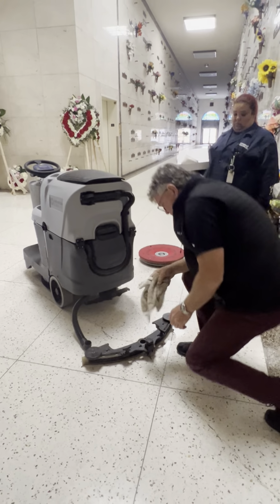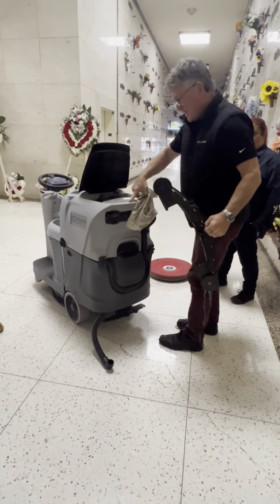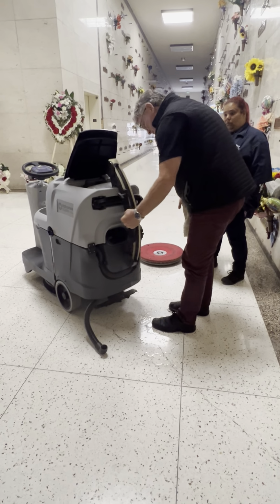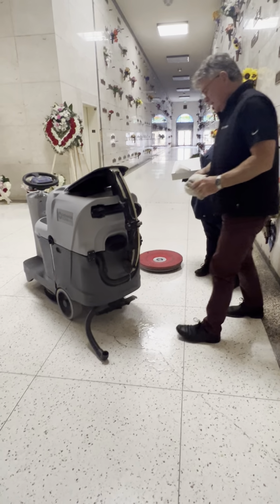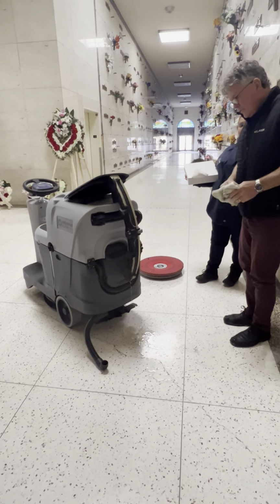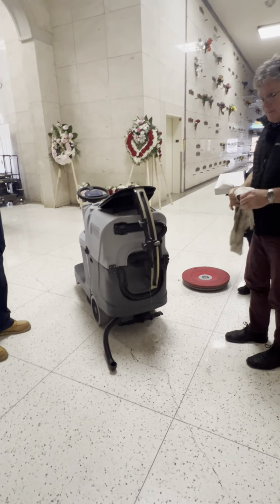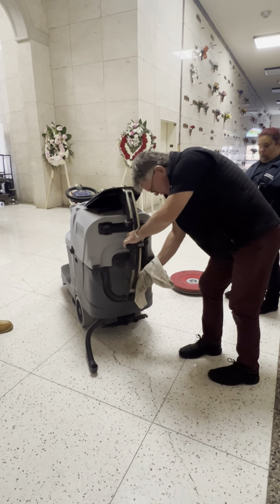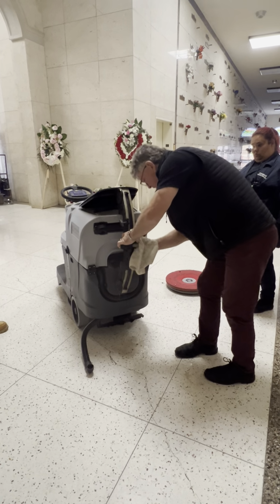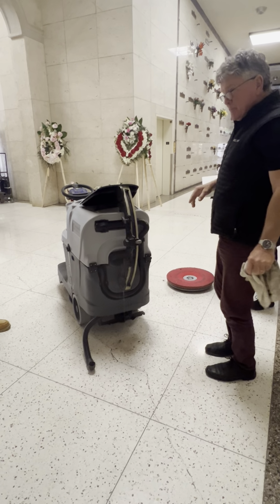The flow here. So this comes off, and there's a couple things you can do here. They put this little notch right here, so you can set it there. It'll hang right there. And this is worth looking at, and I think you're doing pretty good. It looks like it was used here recently, maybe even today. That's great. The idea is that this squeegee, we do want it to be cleaned on a pretty regular basis, and clean it after every use. Every use,